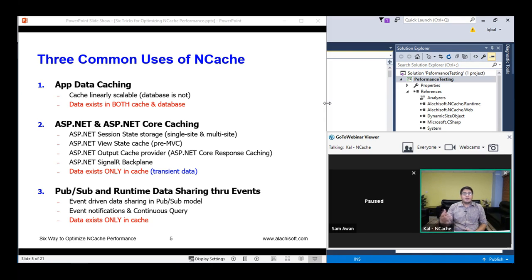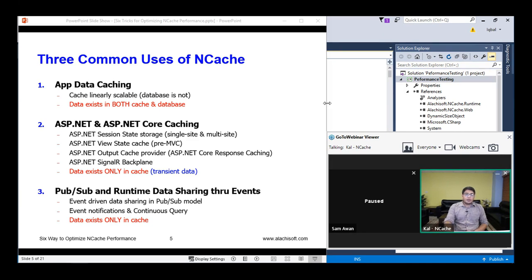Maybe you have members of the group all connected to the same cache. They are in a group chat. One of the members posts a message, and all the other members of that group would get a notification that data has been added. So this is just a basic example. And then we also have event-driven notifications and continuous query. So these were the things that Encache offers you, and what is used by most of our customers.